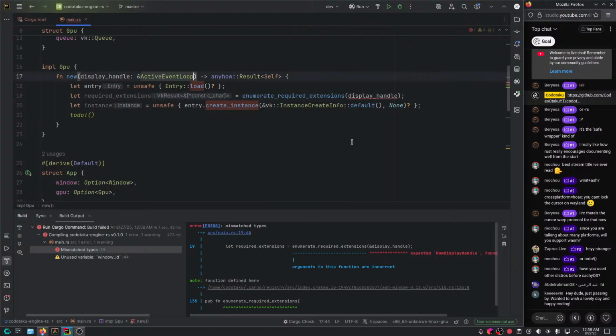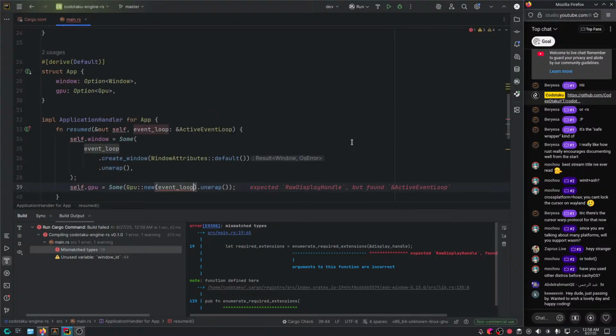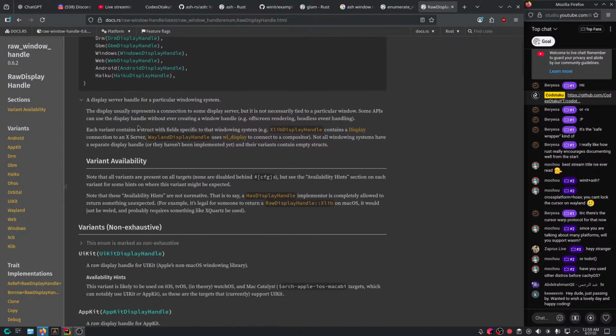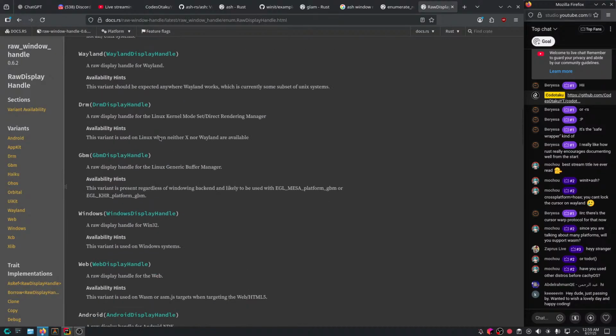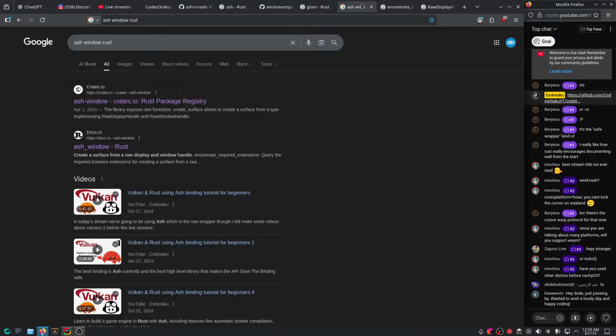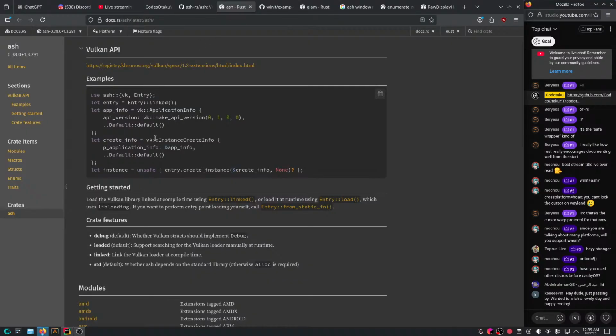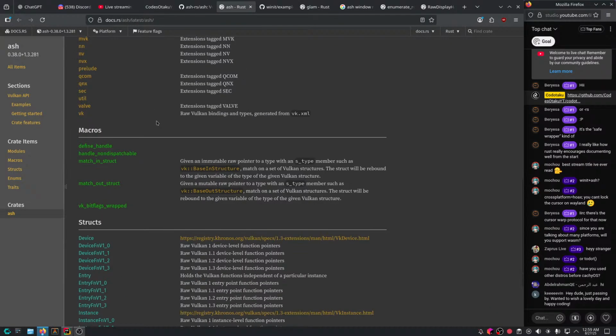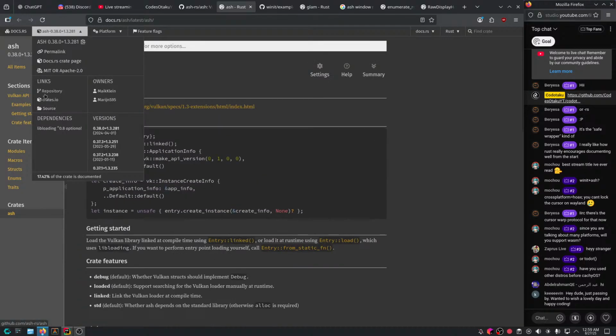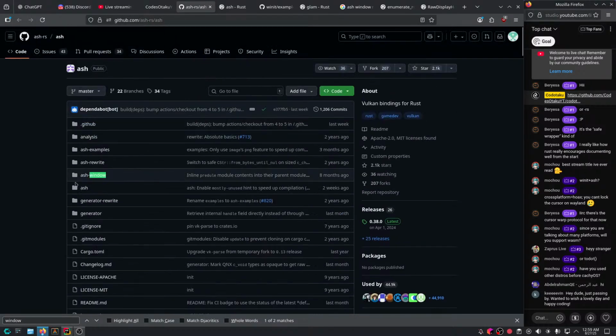No, hold on, let's go back. Let's try to figure this out. How do you do that? Well, ash-window. Actually, let's go to the ash-window examples. So let's go back to the repo and check it out.